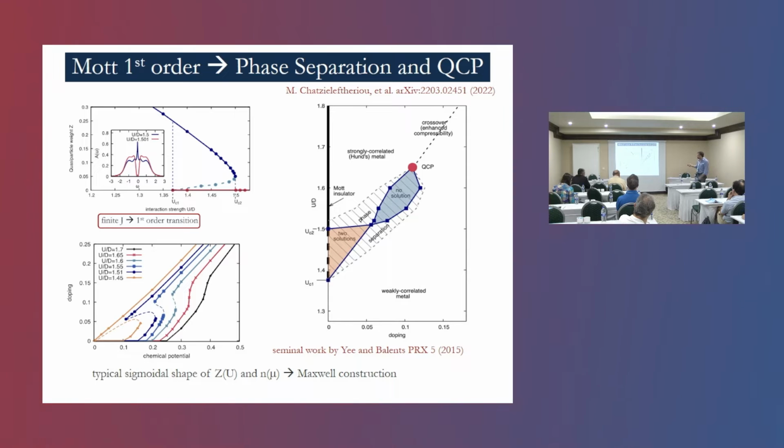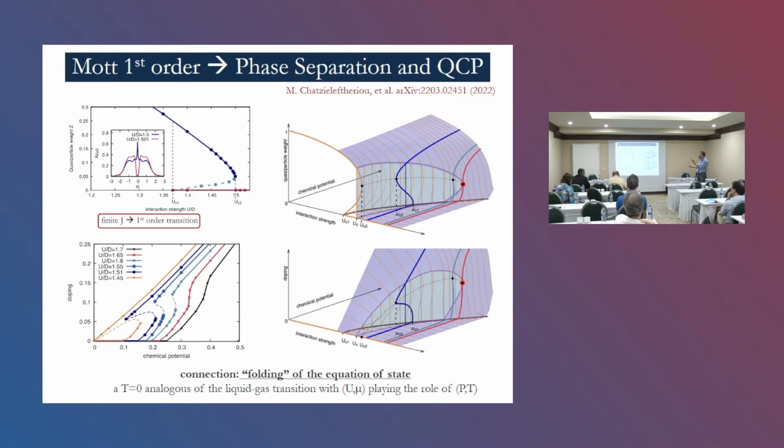Now, it's very nice to understand this in a plastic way through a 3D plot in which you can just imagine that there is a folding of the equation of state. So the equation of state, of course, is continuous, and it's folded in the parameter space, interaction strength and chemical potential. And the folding means that you cut this folding somewhere in order to do the Maxwell construction. And whatever you plot in this interaction-chemical potential plane, here we're plotting the quasi-particle weight. So this upper curve here gives rise to this cut, golden cut over here.